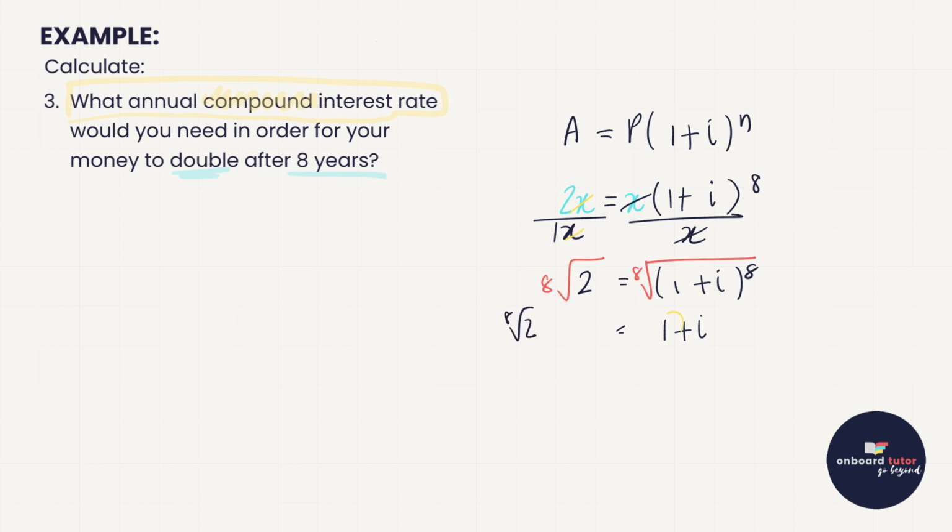Let's move this minus 1, so it's going to be minus 1 over there. And so i is equal to the 8th root of 2 minus 1. Now I'm ready to calculate that. For the 8th root, make sure you know how to do that on your calculator. Shift and then the x-root button. So the 8th root of 2 minus 1 gives us this answer here,